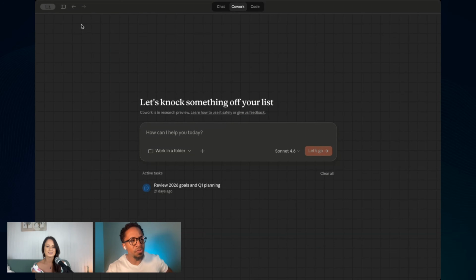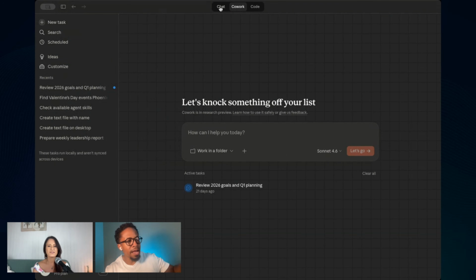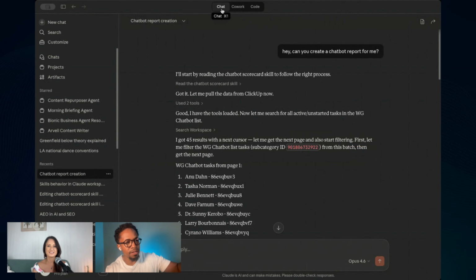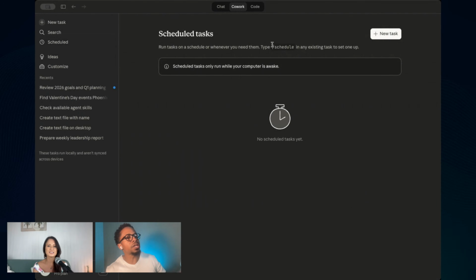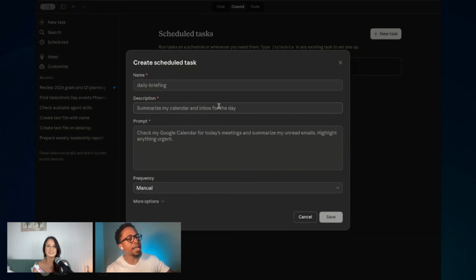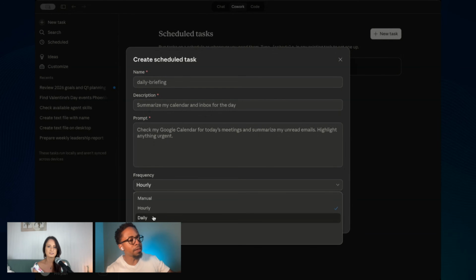Within Claude, I could have a skill. Let me go here. Here's the chat area at the top. If I click on cowork, I can go to the cowork side where it's still using skills, but you can see here: scheduled. You can run a task at a certain time of day, manually, hourly, daily.